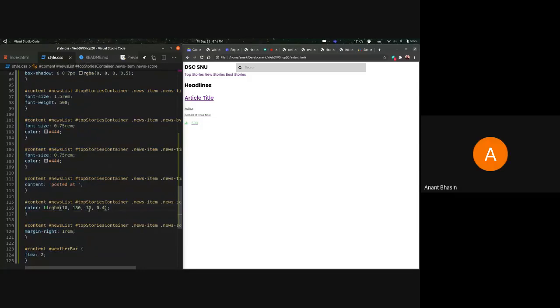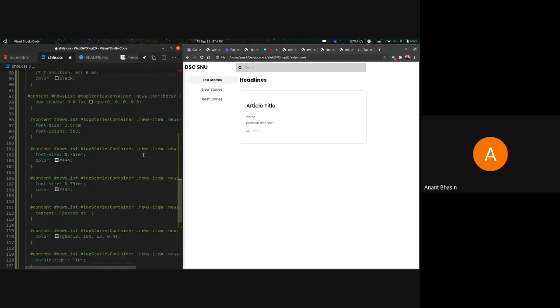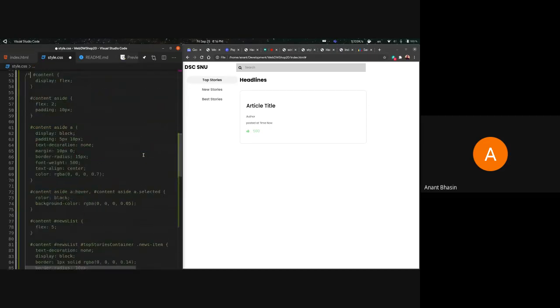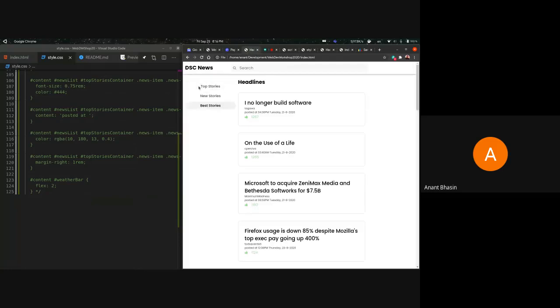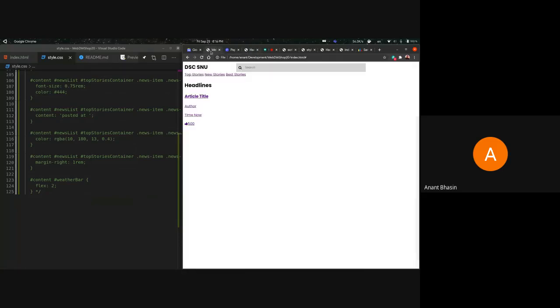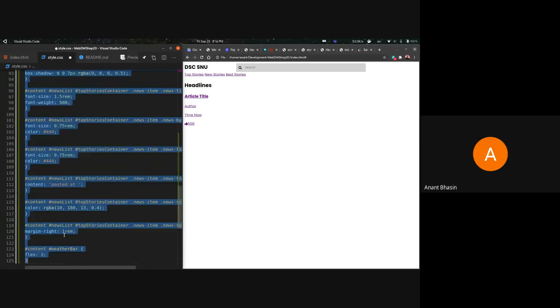Yeah, so there's a lot to go through over here because this is just detailing. When we are doing detailing, we are focusing on a lot of small stuff, obviously. So let's go through it all. When we include all of the styling, this is what it starts to look like. If I comment it all out again and compare the two different tabs, this is what it looks like without the styling, and this is what it looks like with the styling. So now we are going to go with the styling.